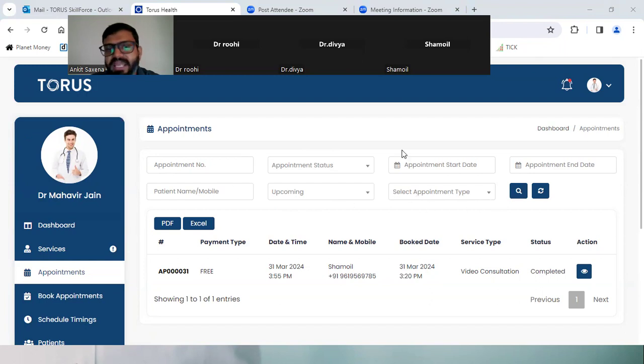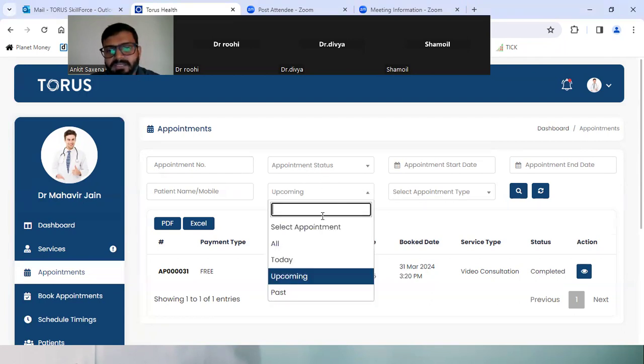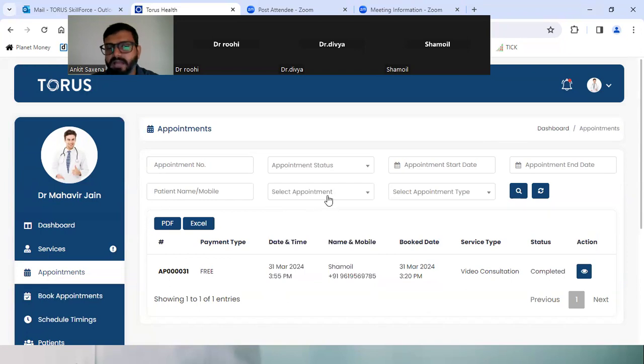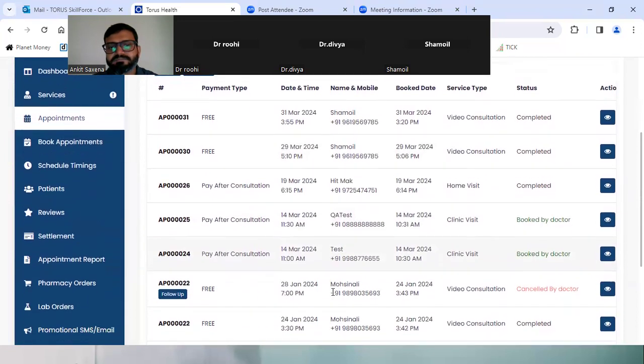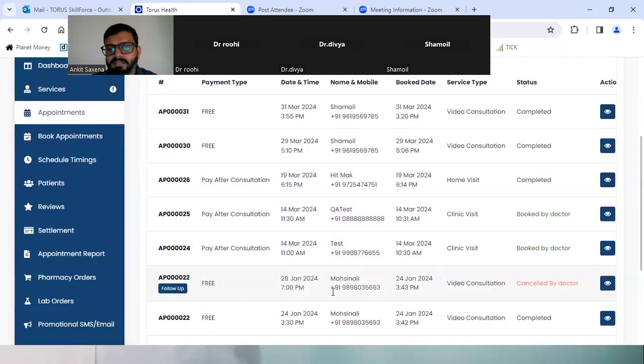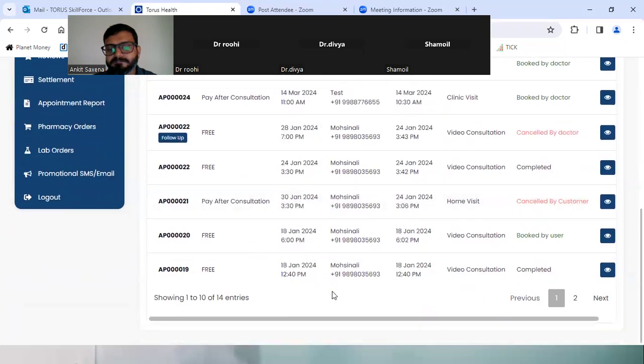If you select any of these details, you will be able to search. For example, instead of upcoming, if I select nothing and click on search, the entire history you will find here. Can you see the entire history here?